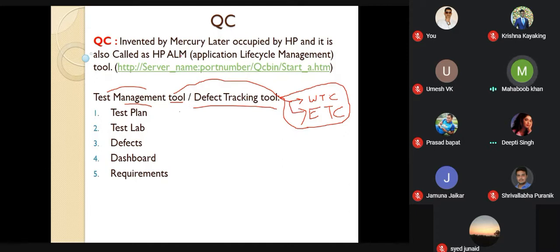Let me tell you, Mercury was the organization which started each and everything with Mercury Quality Center. I will tell you how the Quality tool came into innovation.